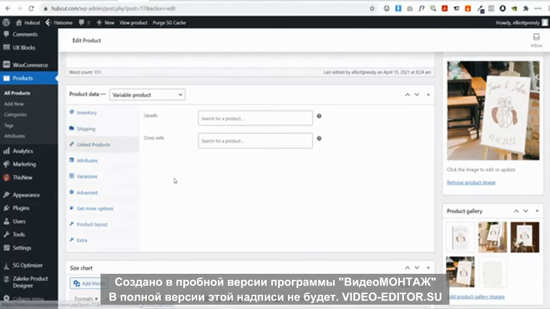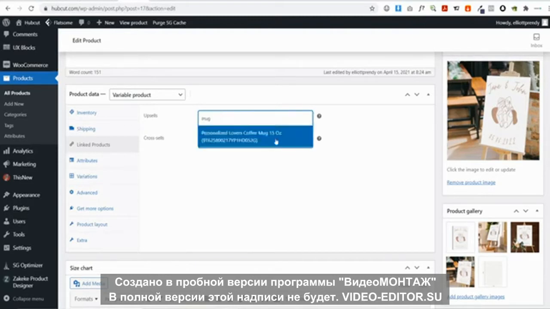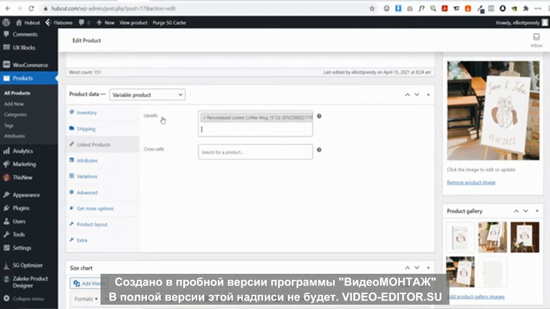Over here we have linked products. So basically if you wanted to link some other products to this product, so maybe some similar products such as other wedding related products, you can put that in here. So for example, if I was to type in the mug in here, the personalized coffee mug, now that's going to show as an